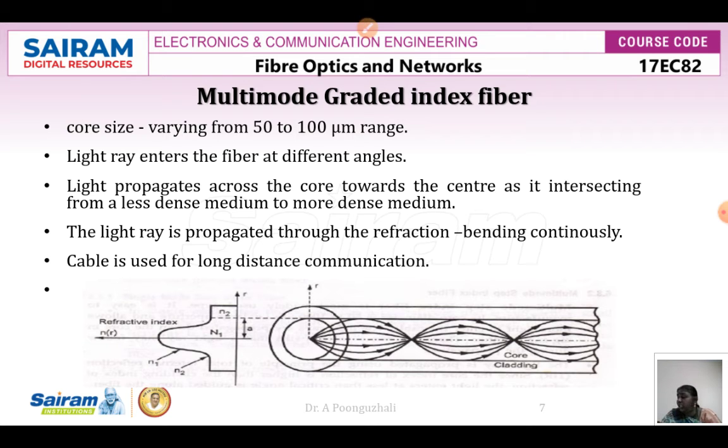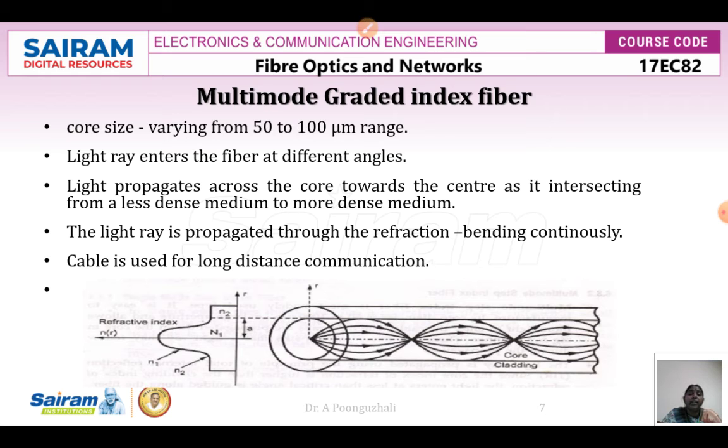So we can see that in your optical fiber, here in this case, your refractive index is going to be concentrated at the center of the axis, and as it goes towards the end of the core, it is going to slowly decrease. Your refractive index continuously decreases towards the core-cladding interface. Once it reaches the core-cladding interface, your cladding refractive index is going to be constant. So this is the refractive index profile of your multimode graded index fiber.